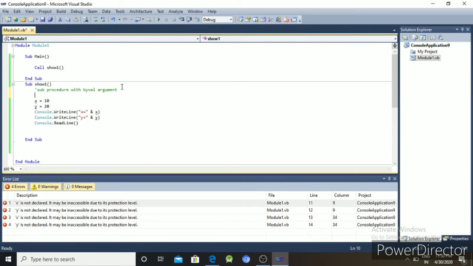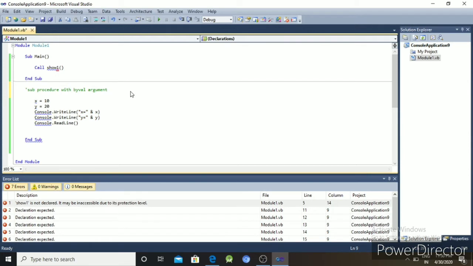First of all you erase, then you create the sub-procedure with ByVal arguments. How to create? We have to write Sub Show2, then ByVal.